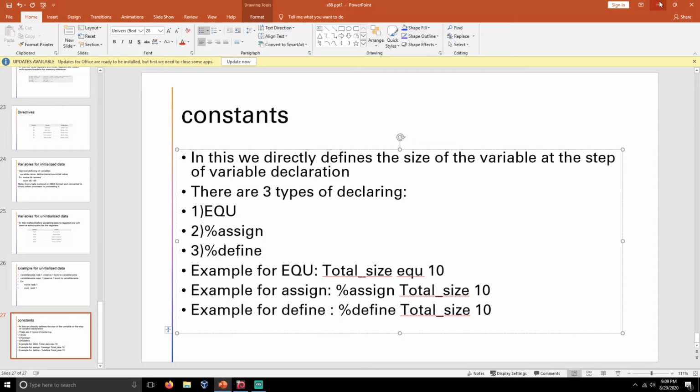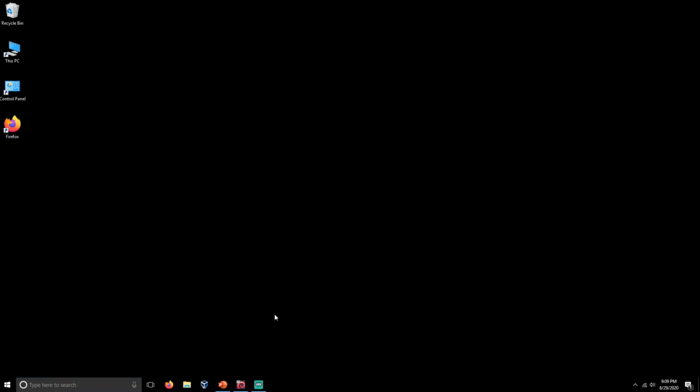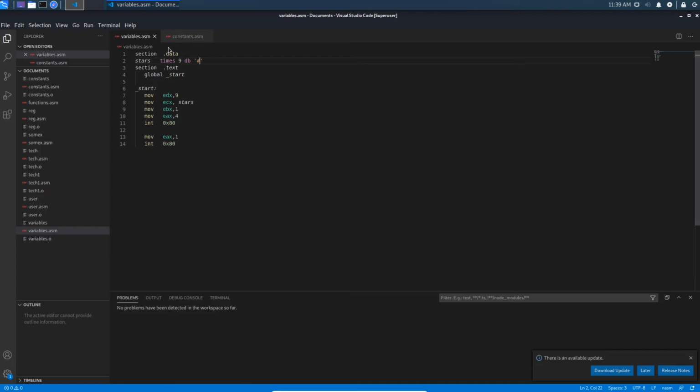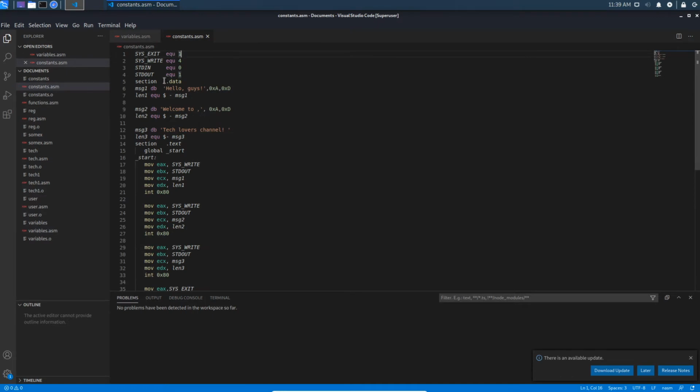Okay, enough with the theory, let's go to the program. Here in the constants program, we define the sys_exit call and sys_write call. All system calls are written and defined at the top of the section. So here it is a constant, and it is a constant, and it is a constant.